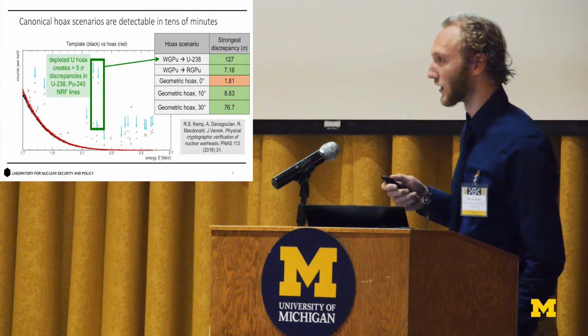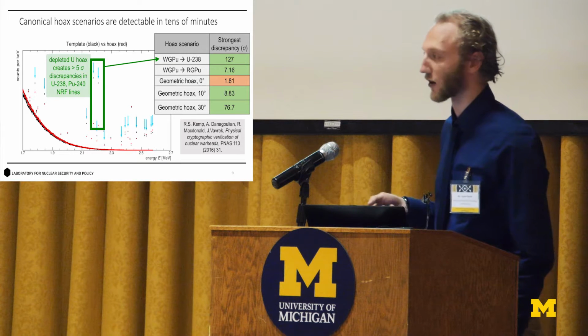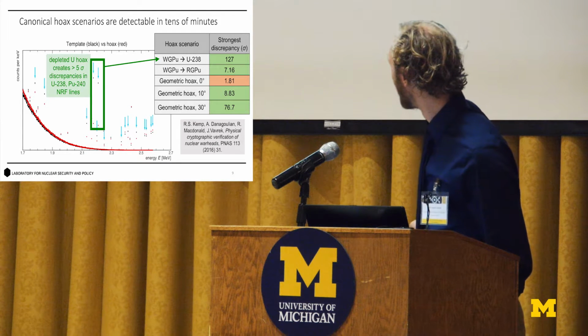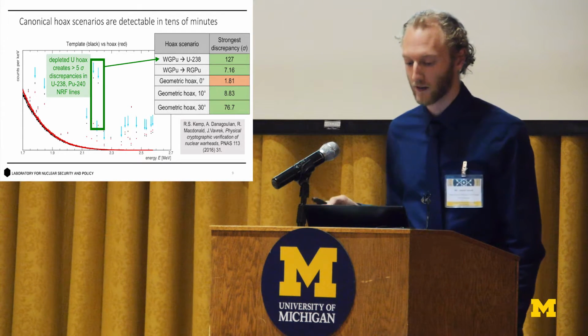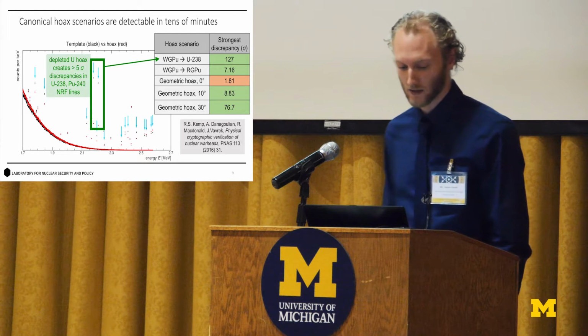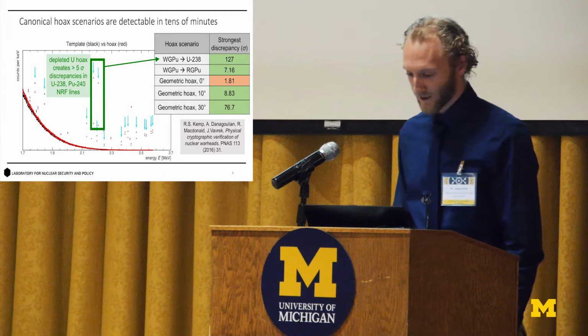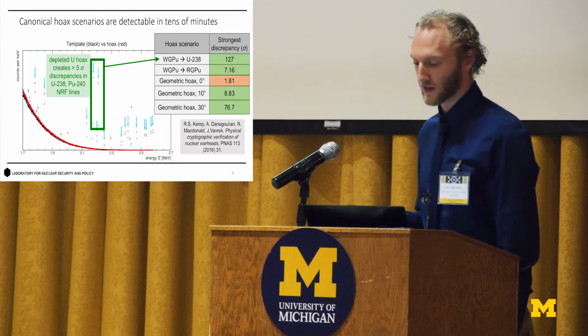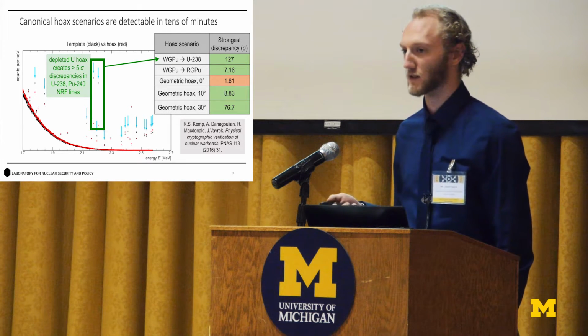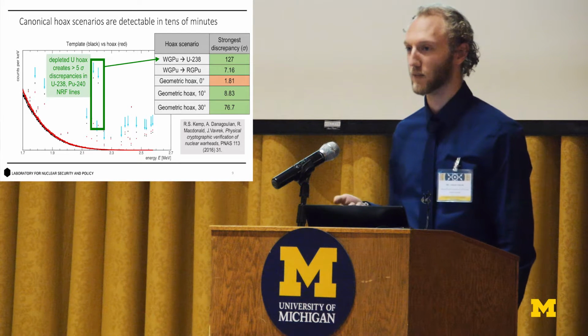So this simple replacement produces very large discrepancies in some of the uranium-238 and plutonium-240 NRF lines. But in this very simple scenario, we get something like 127 sigma discrepancy in tens of minutes